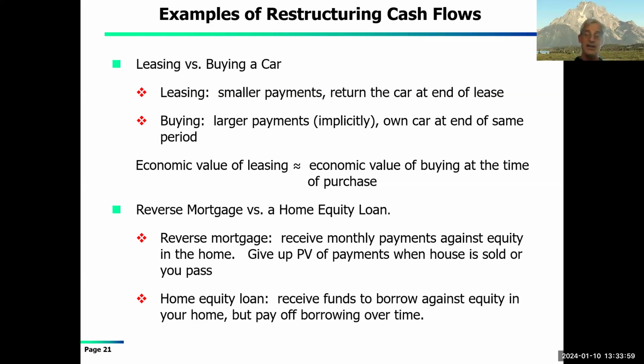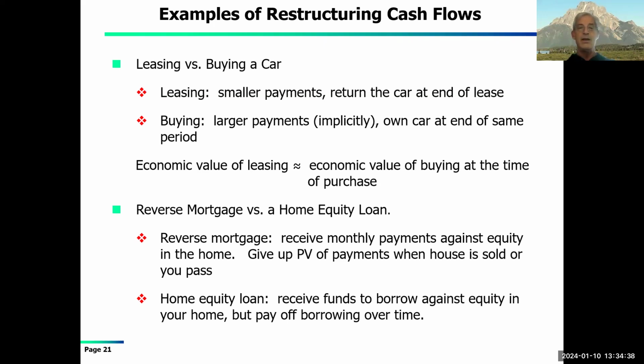And that's how the auto companies jigger it a lot depending on the kind of car and what they can get. But one of the reasons why they do it is because the out-of-pocket cost for leasing a car up front, what you have to put down in cash, is a lot less than what you have to put down for purposes of buying a car. And similarly, the other famous example is reverse mortgages beside home equity loans. They're operating on the same principles. It is about cash flows and what those values are.